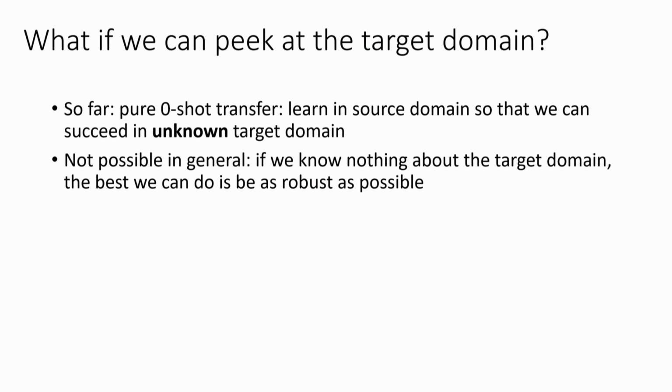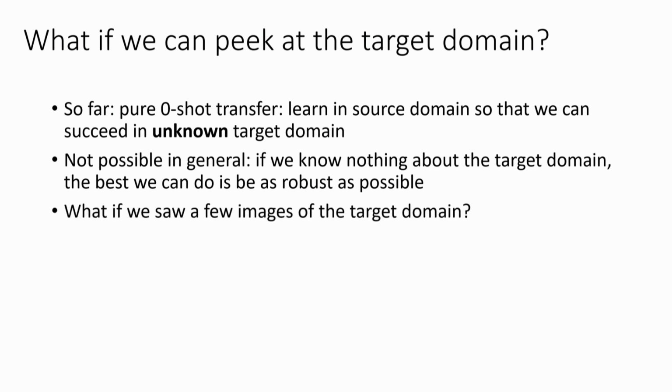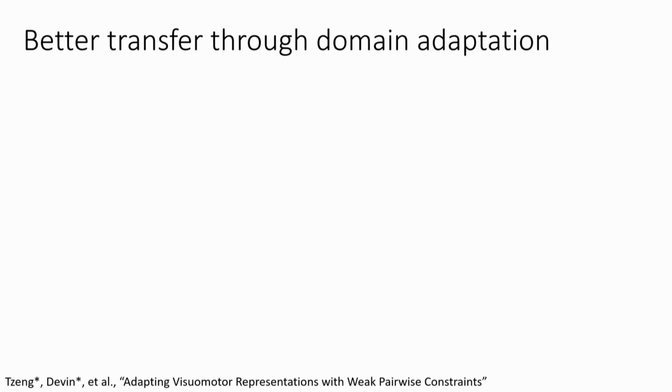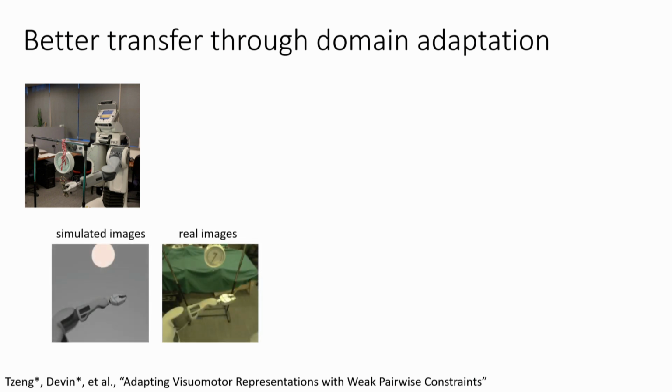And if you're assuming something about the target domain, you probably know what the target domain is. And that means that you can probably get a few observations from it. So if you saw a few images from the target domain, maybe you've actually seen these things, you can actually do a bit better than just pure randomization. So one of the domain adaptation tricks that you can do, which is pretty simple, is to do adversarial domain